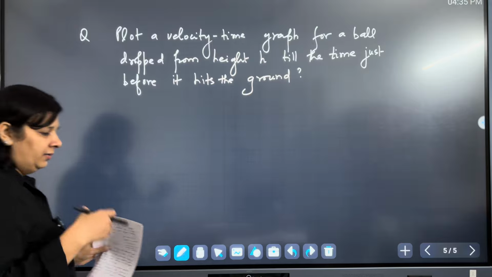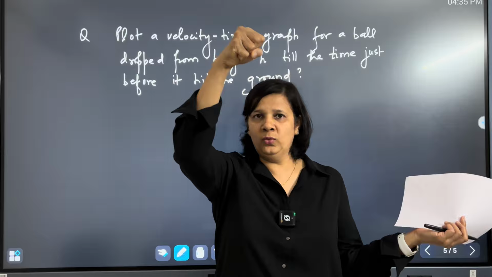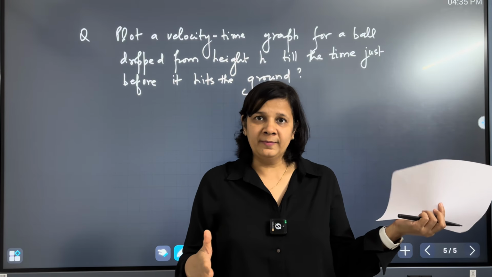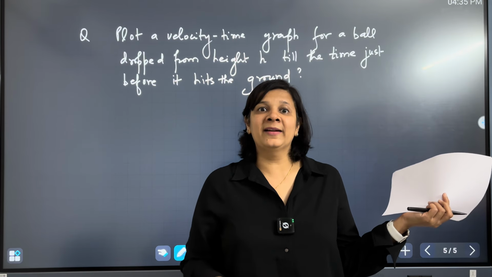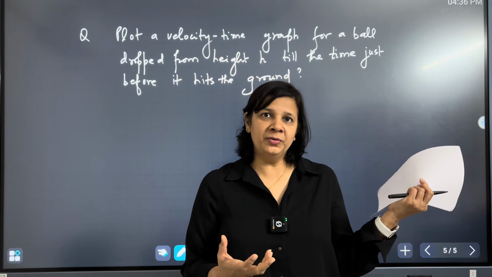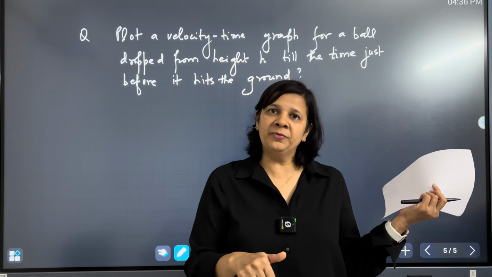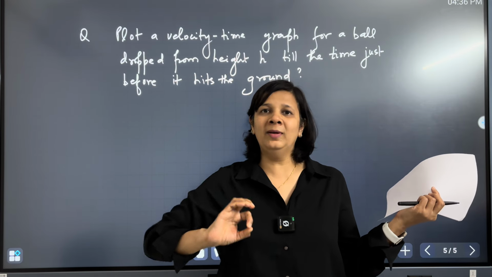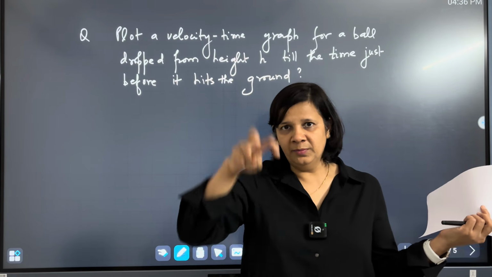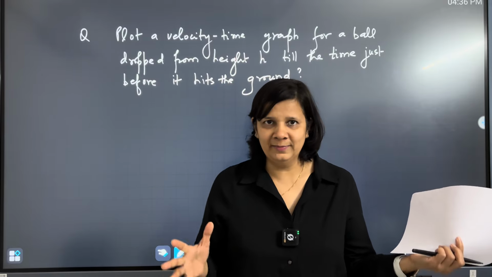But with some intuition, we know that if I take a ball in my hand, how much is its velocity? 0. I am holding the ball. If I leave it, what you have observed intuitively? What will happen? The velocity of the ball increases and it goes down, right? Because the earth is pulling it, right? So acceleration due to gravity is there in the downward direction, right? Velocity is also in the downward direction. Both initial velocity of the ball and the acceleration due to gravity, they both are having the same sign, right? They both are in the same direction. So the velocity, the speed of the ball will increase, right?